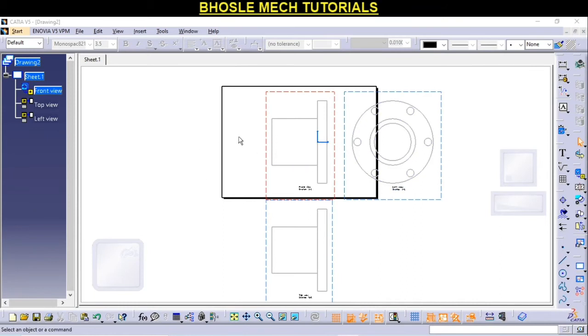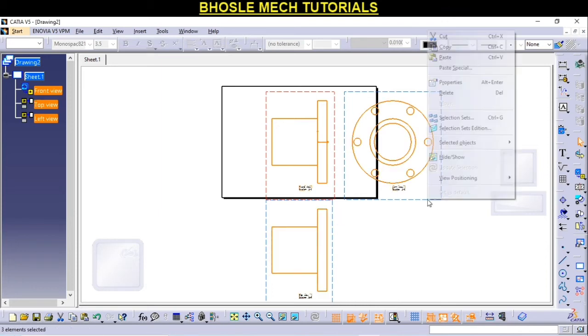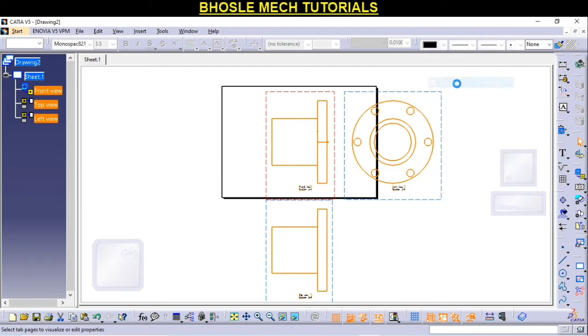Okay friends, here we get the 2D representation of that 3D part, but this is not fit to our page. Then select these dotted lines so that we can select all the three views, right click on that and go for properties.